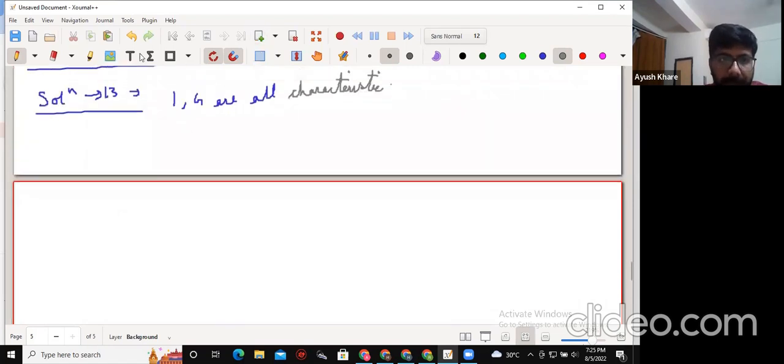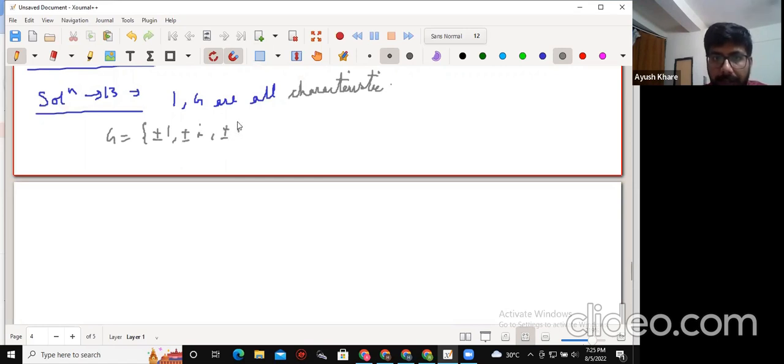I'm writing this quaternion group G as plus minus 1, plus minus I, plus minus J, plus minus K. And you can see that the map from G to G, sending I to J, J to K, and K to I,